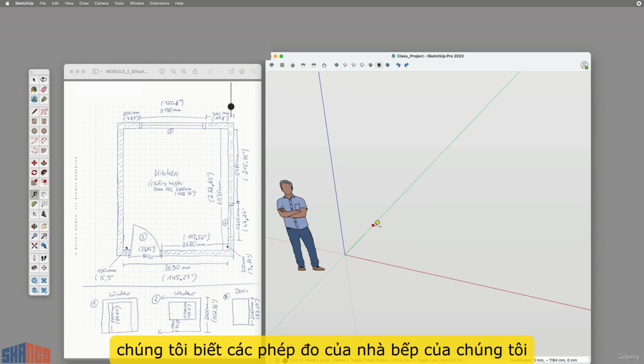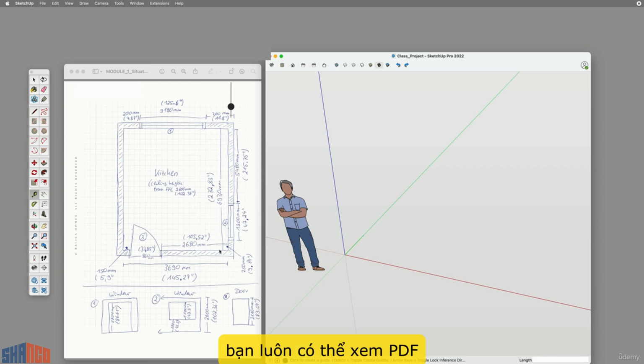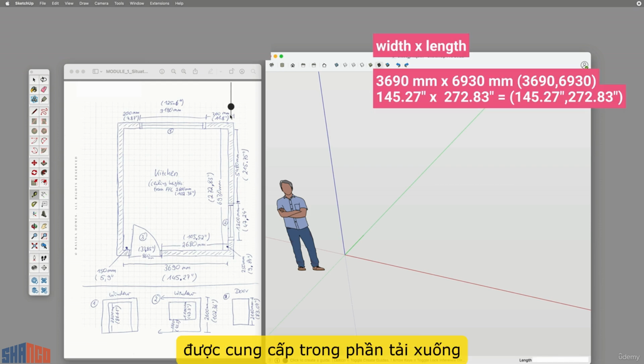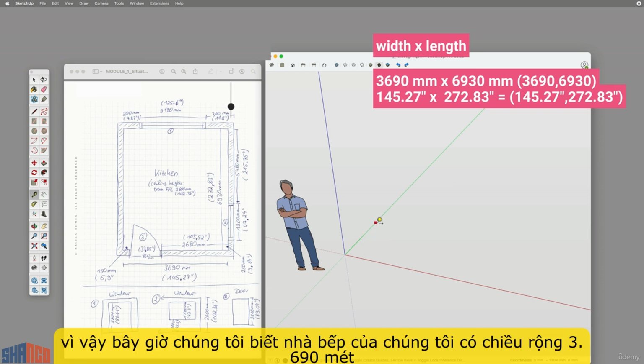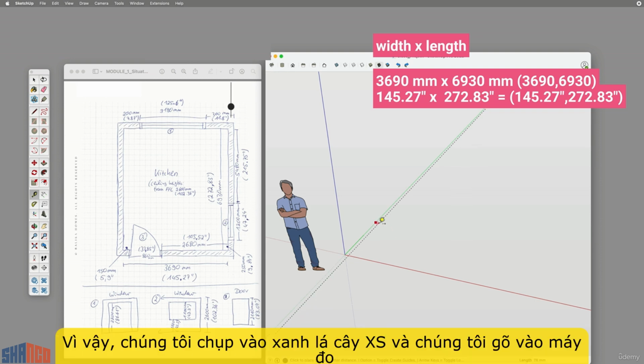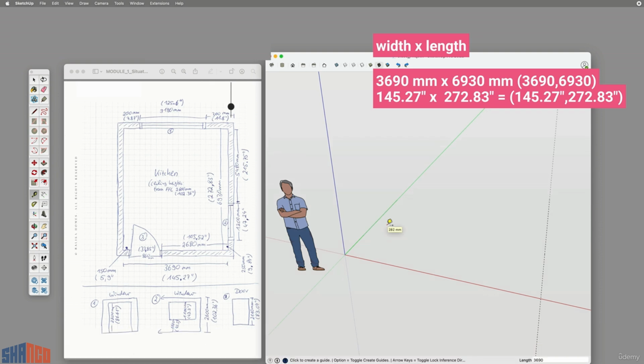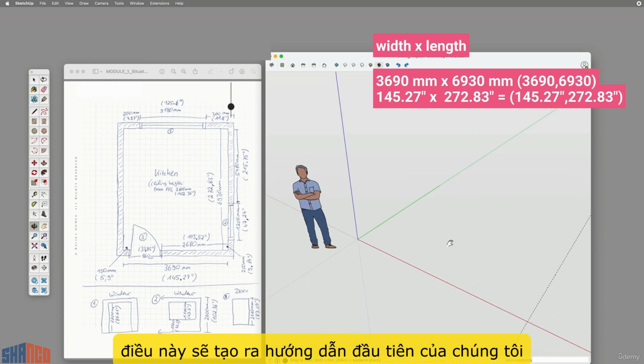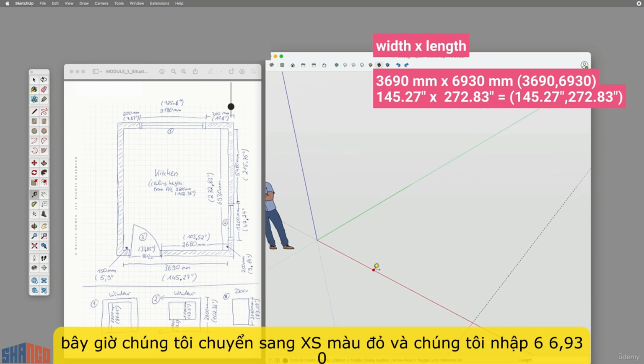We know the measurements of our kitchen. You can always have a look at the PDF that is provided in the download section, as I mentioned. So now we know our kitchen has a width of 3690 millimeters. So we snap to the green axis and we type in the measure. This will create our first guide. Now we snap to the red axis and we type